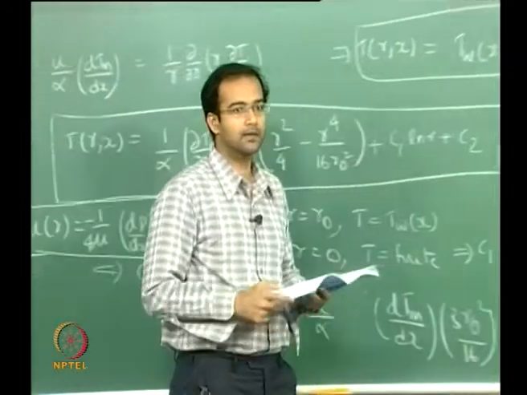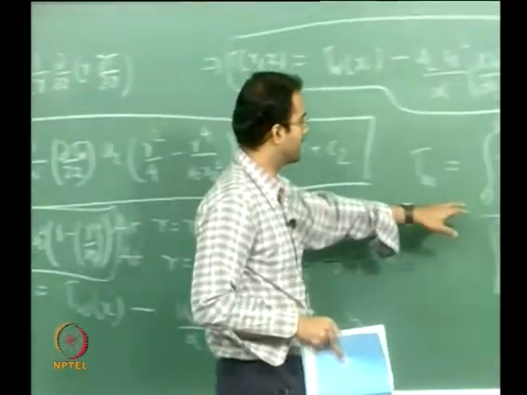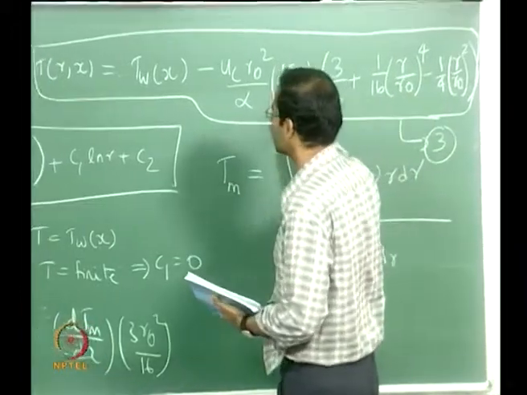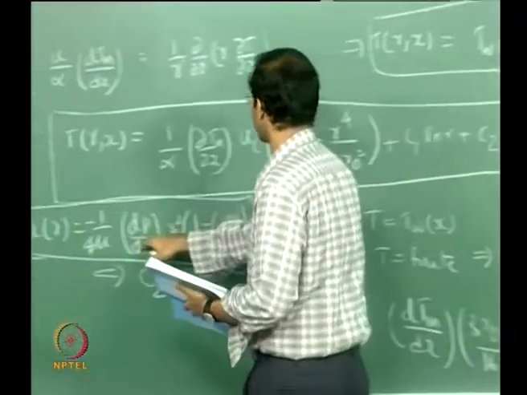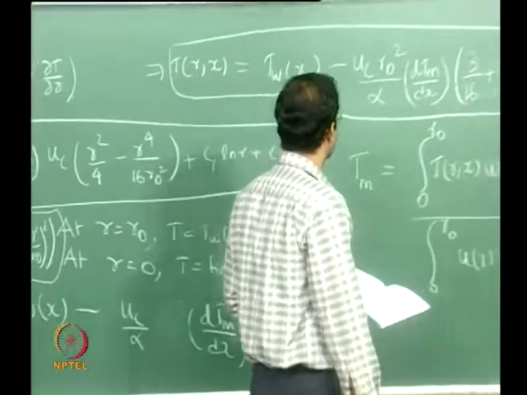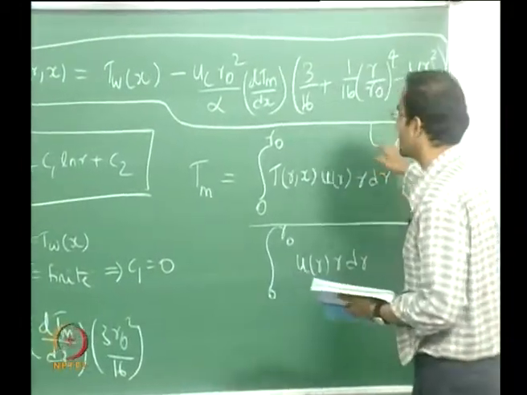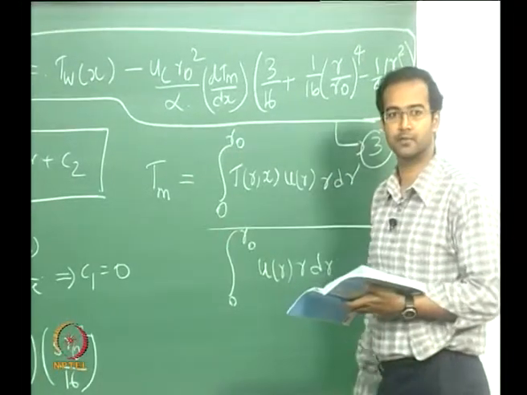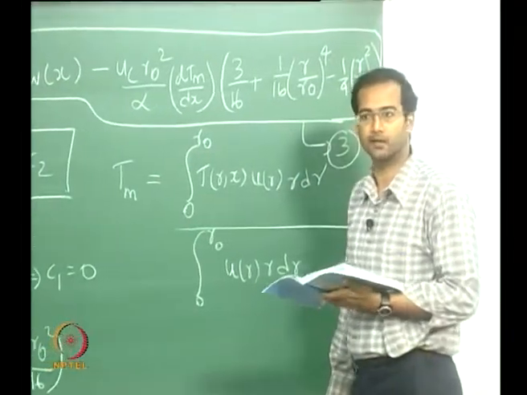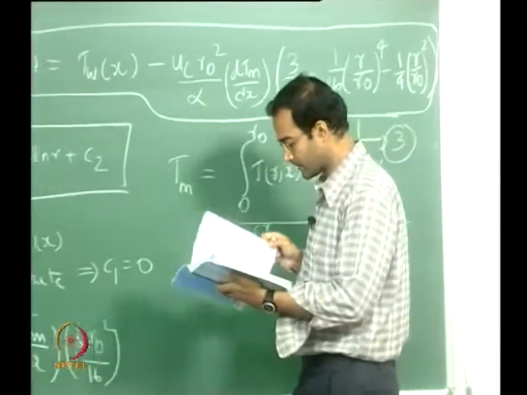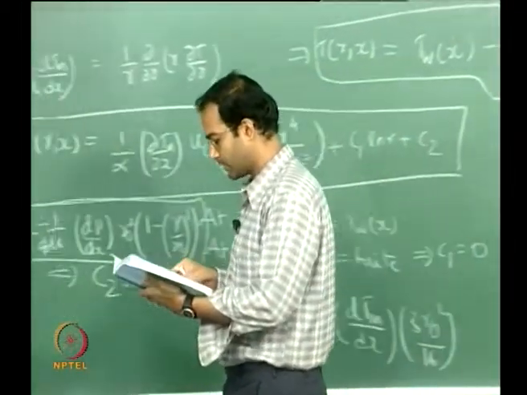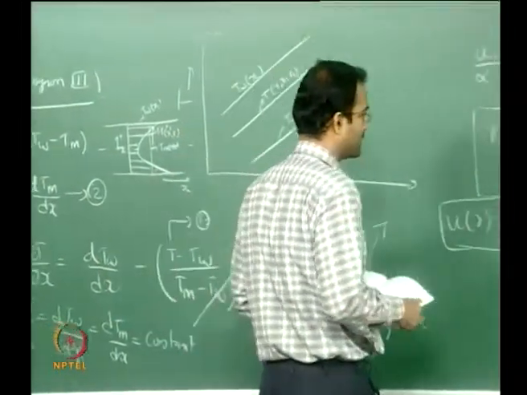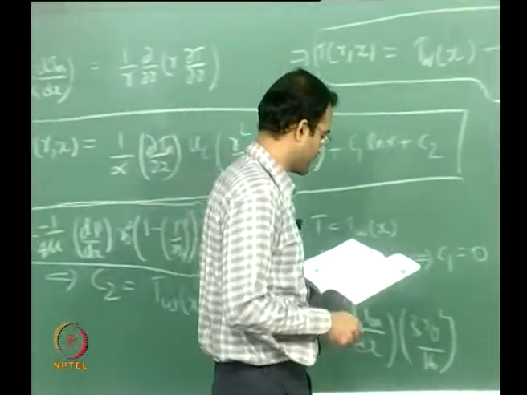So you have to plug both these inside, and so this dTm by dx is a constant, dP by dx is a constant. So therefore you will have to multiply all the terms with respect to r and then integrate it. It is a little bit lengthy integration which I am not doing. If you find it too difficult, you can also use Mathematica and try to do the integral,